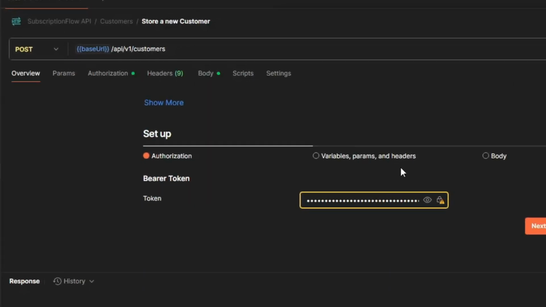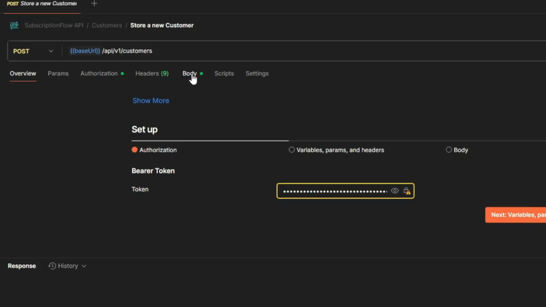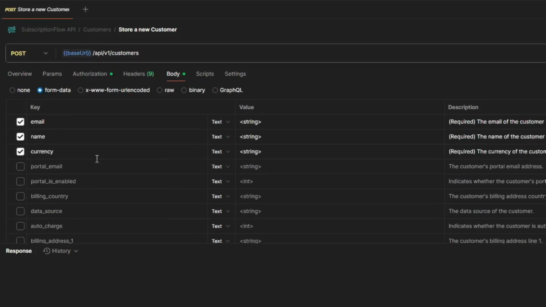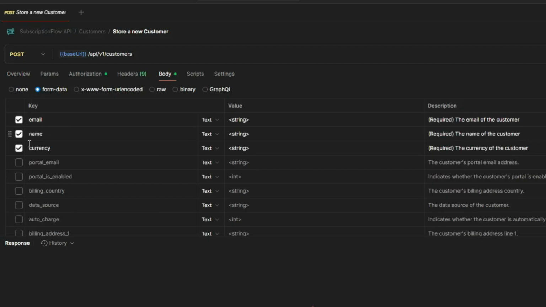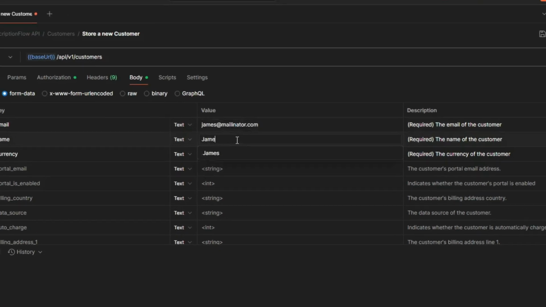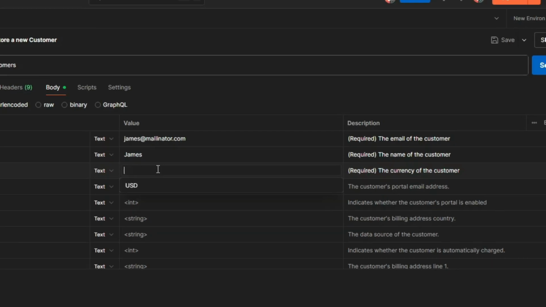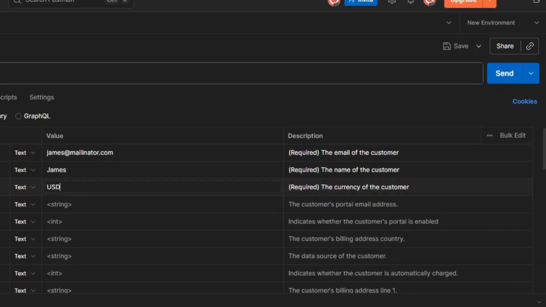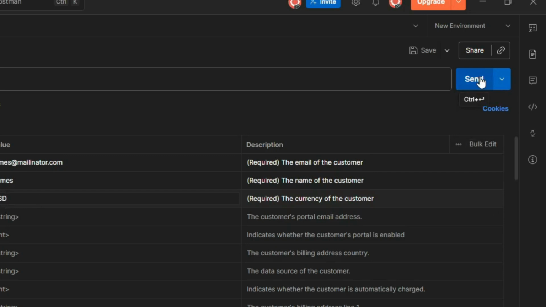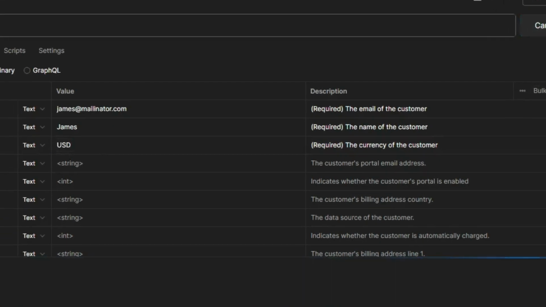So here, as you can see, we need to go to the body, and I already have this form where I have unselected the fields that I don't need. I have already selected the fields that are required. So here I will fill in the value, let's say James. I will fill in the sample value, and then for the currency, in this case I will just use USD. So when I click on send, it should ideally create a customer,